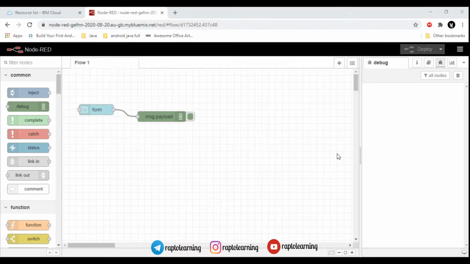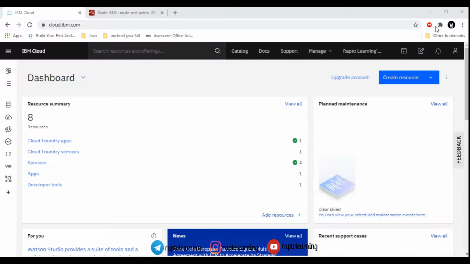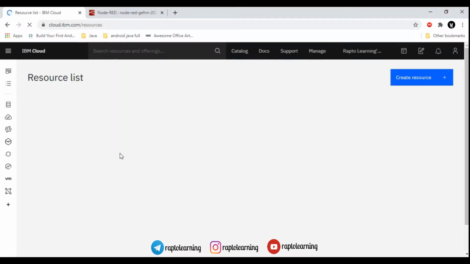But first of all, make sure that your Node-RED looks like this, as you have followed the previous tutorial. So this is a complete series. This is episode 3 of the tutorial, so don't miss any of the episodes, and if you have missed, then do check it out first, because it is not a very good idea to start with the third.